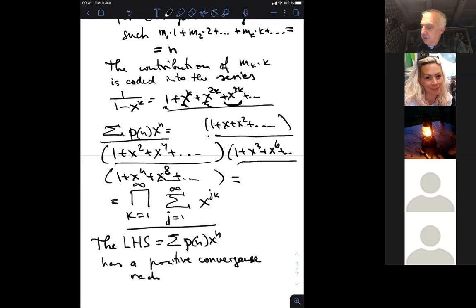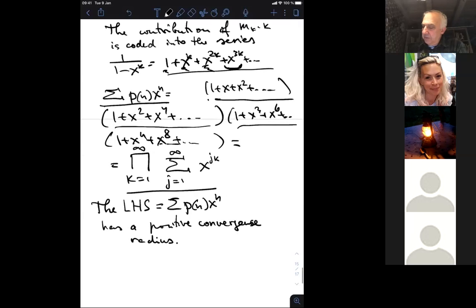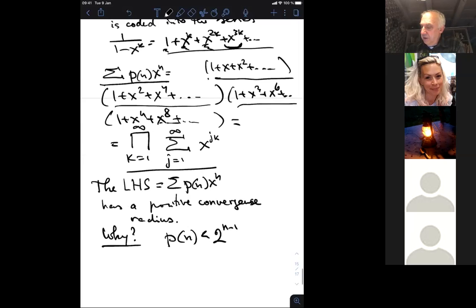Well, we know that Pn, so why? Well, we have the following thing. The number of partitions is definitely smaller than the number of compositions, and the number of compositions is equal to 2 power n minus 1. But then it means that the sum of Pn x power n is smaller than the sum of 2 power n minus 1 x power n, and this is a geometric progression, and it has a convergence